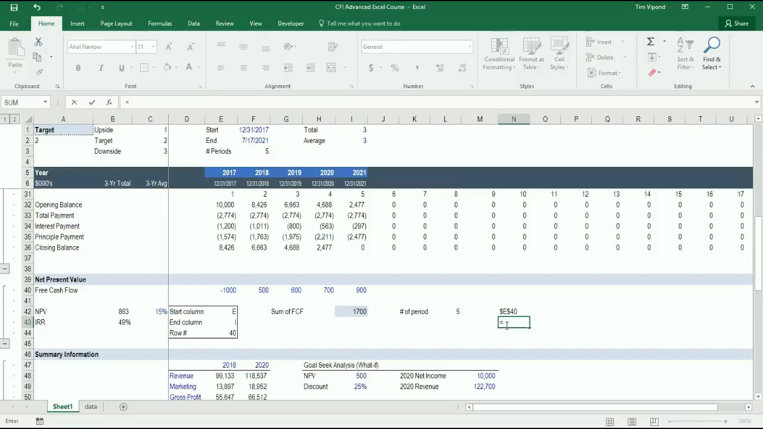So I'm going to use the equals MID function. This is the text that I want to extract it from, comma, the starting number. So where do I want it to start? I want it to start at the second number in the series, comma, and I want to pull the 1